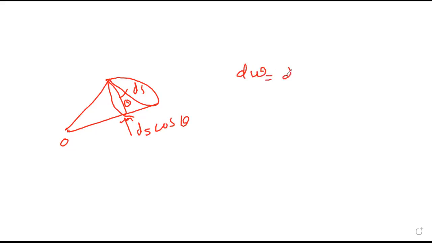If surface is irregular, that means not equidistant from center, then we take its component theta. This is ds, this will become ds cos theta. So actual solid angle d omega is given by ds cos theta upon r square. As a note you will write. Like if this area is not equidistant from point O, then we take its component. Component adjacent to theta is in cosine. So ds cos theta upon r square is angle subtended at O. Right, note.